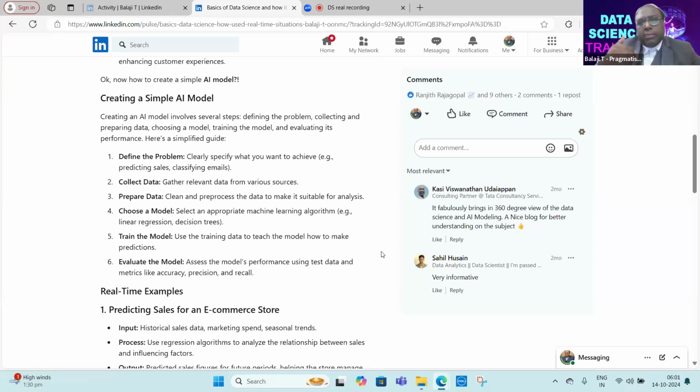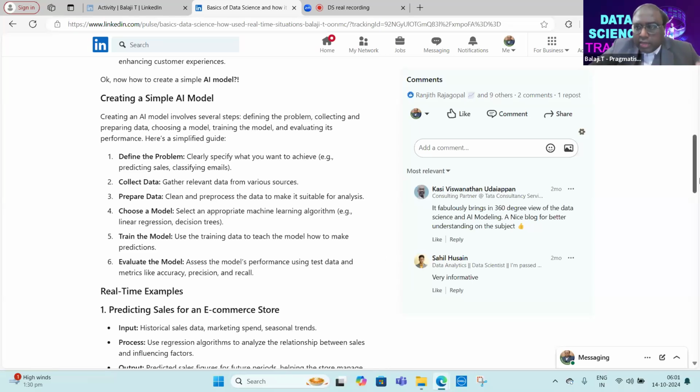For example, you have multiple machine learning algorithms, which I'm going to cover in the subsequent articles, so I'm not getting into it in a very detailed manner for now. And then you need to train the model, evaluate the model, deploy the model, and monitor and evaluate the model. Based on the output results that your model gives, you may need to fine tune the model, right? You have something called hyperparameter tuning and all.